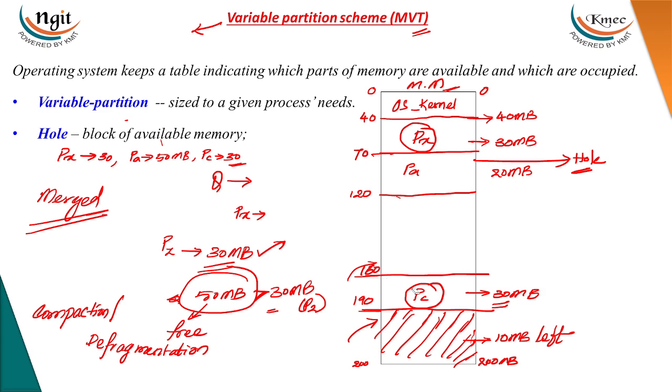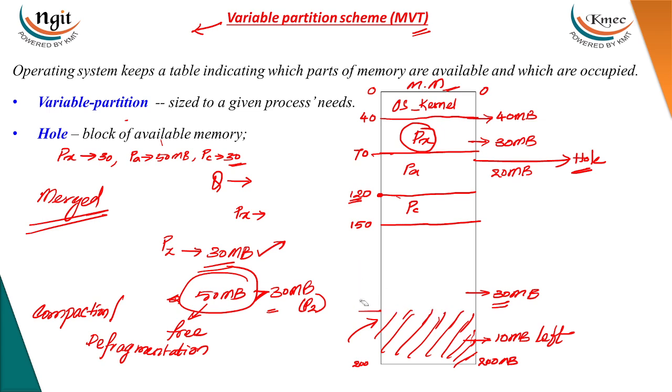Initially, what is the base address of PC? 160. Now PC will be moved up, and the base address will be changed to 120. Its size is 30 MB, so it will be taken from 120 to 150, and